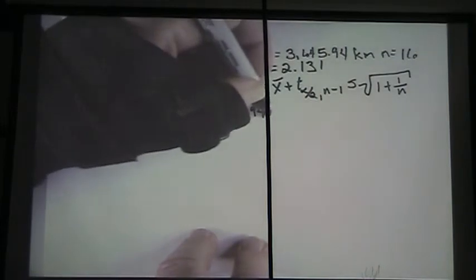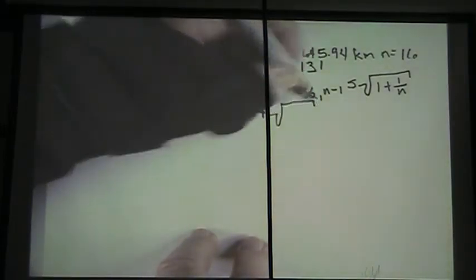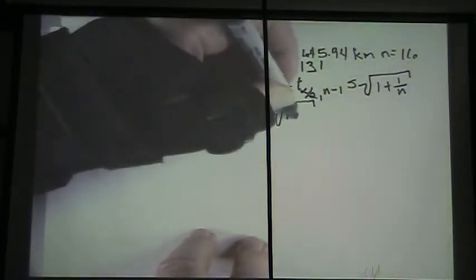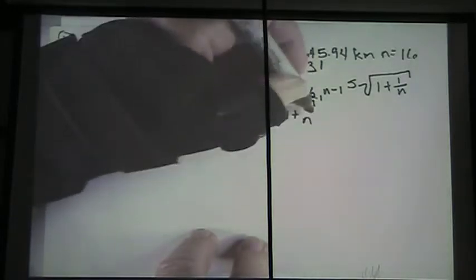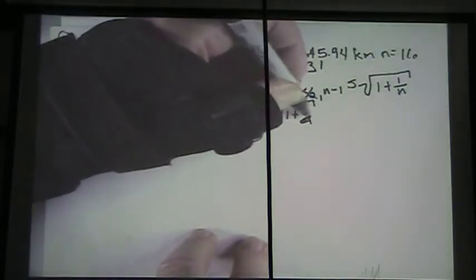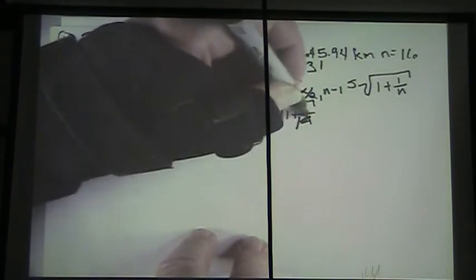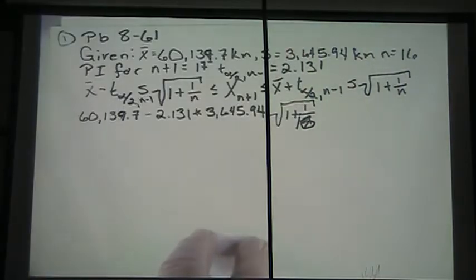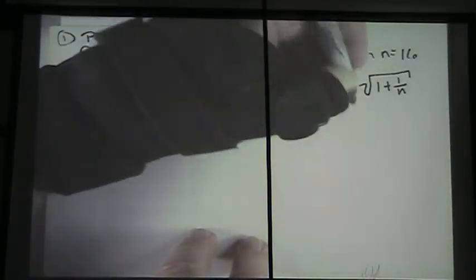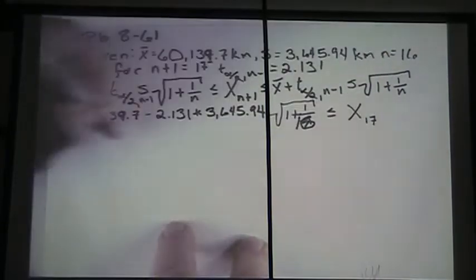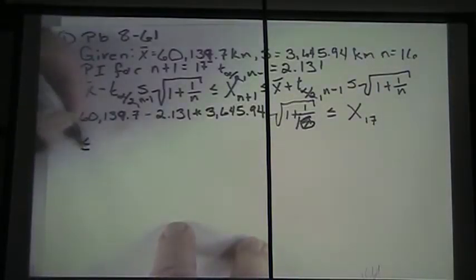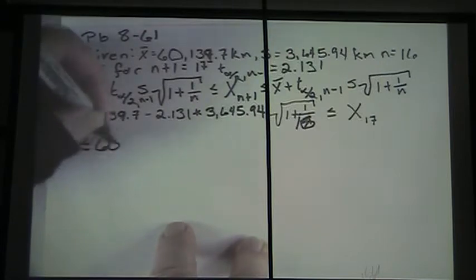And then our square root quantity of 1 plus 1 divided by n, where n is 16, less than or equal to x 17, which is less than or equal to